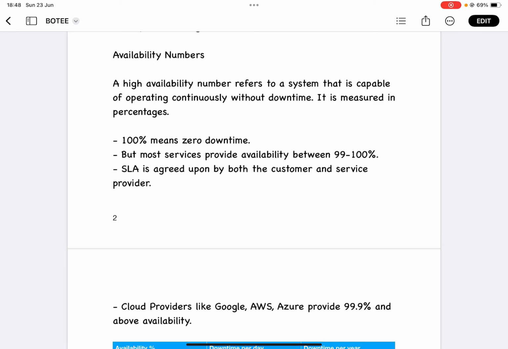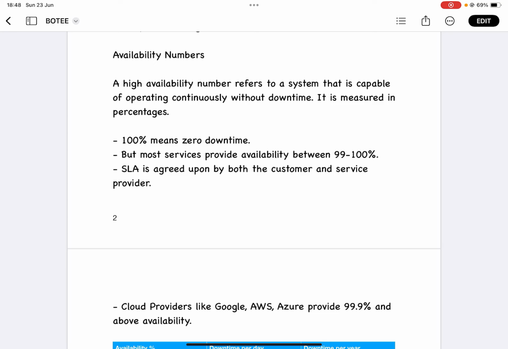So there are many services that provide 99 to 100% availability. Also, for example, if you are building an app like an e-commerce website, and you are hosting your e-commerce website on AWS or GCP, now you will have a kind of an SLA, a service level agreement, with AWS or GCP,